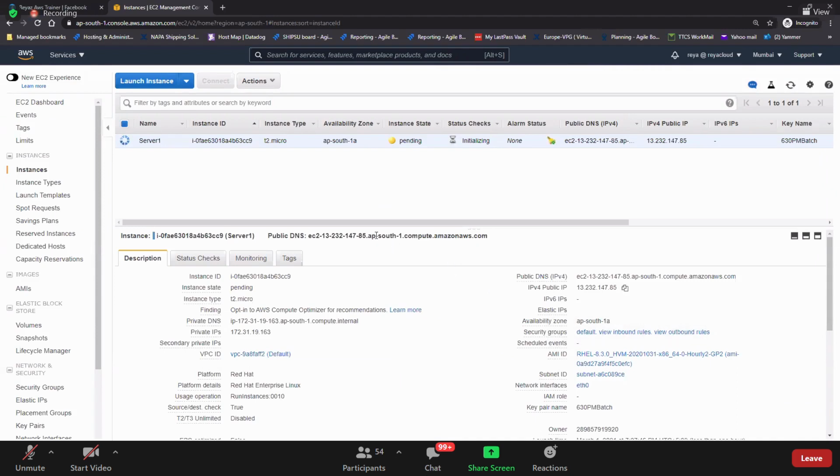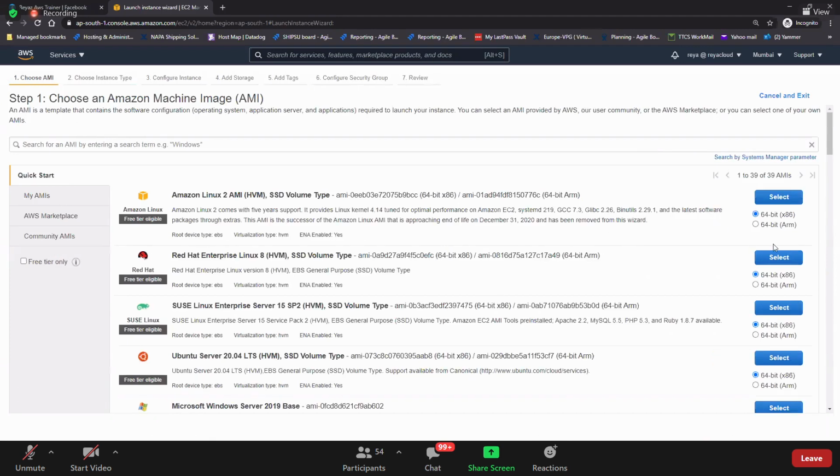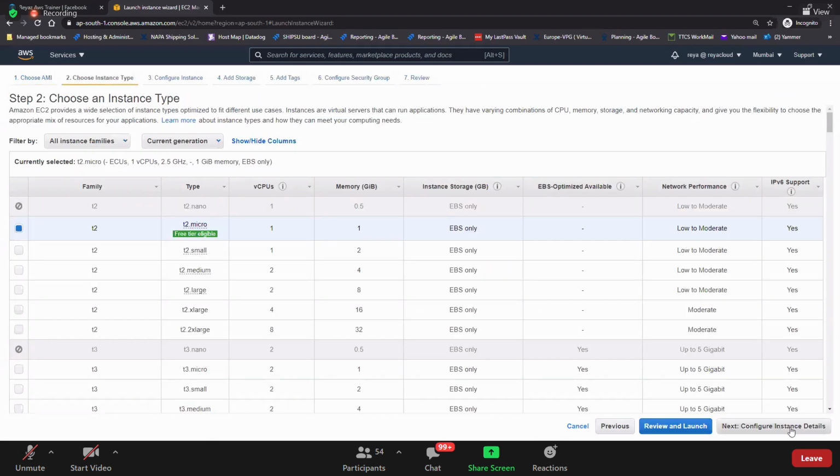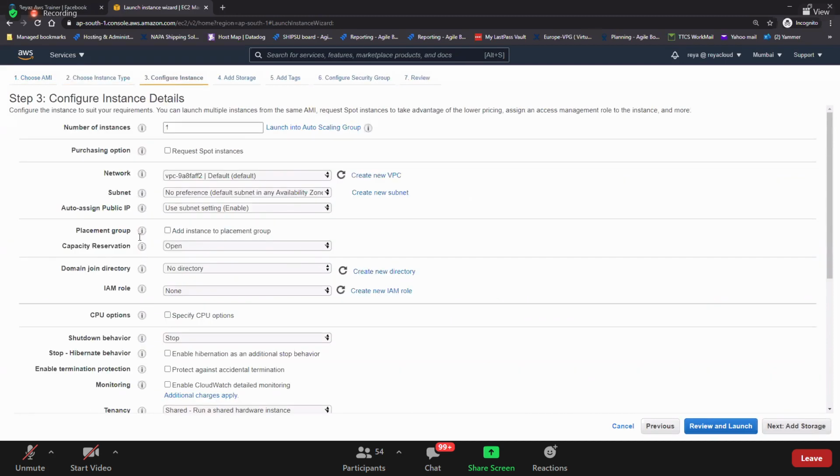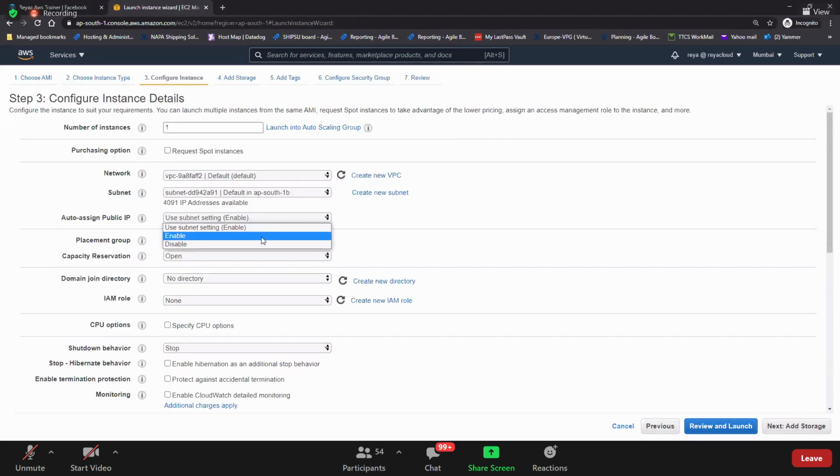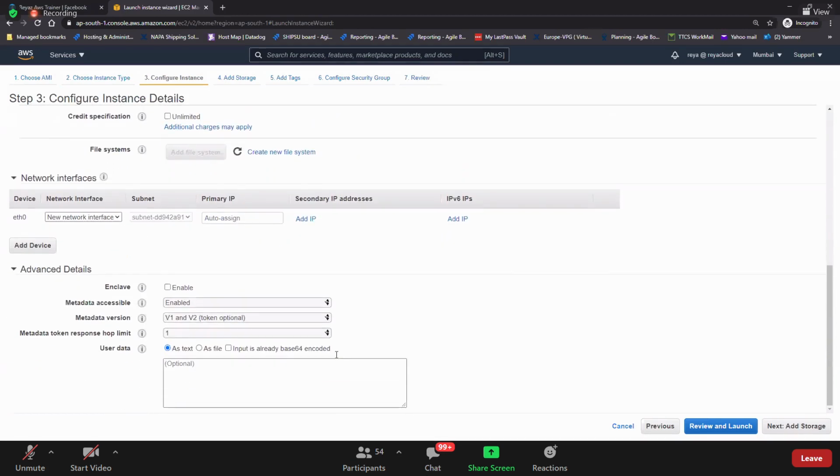Should we go and launch server 2 also, guys? Let's go and launch. This time I'll put it to 1B, enable it, and should I call it as server 2 here now?